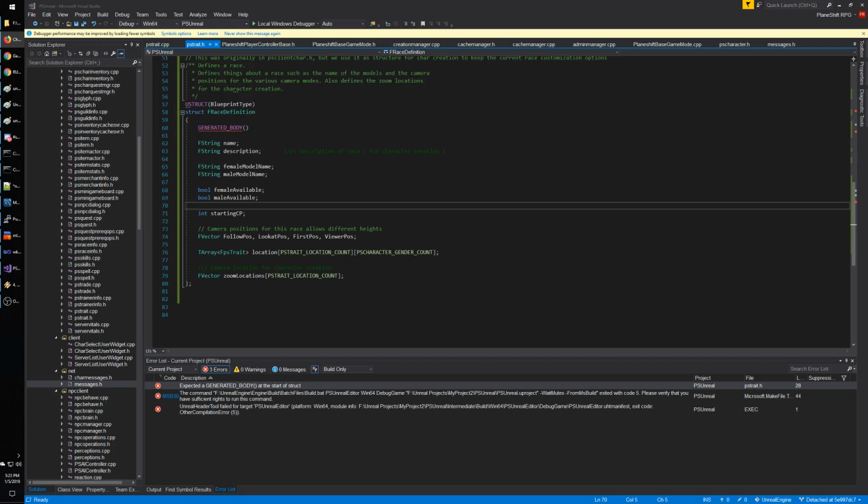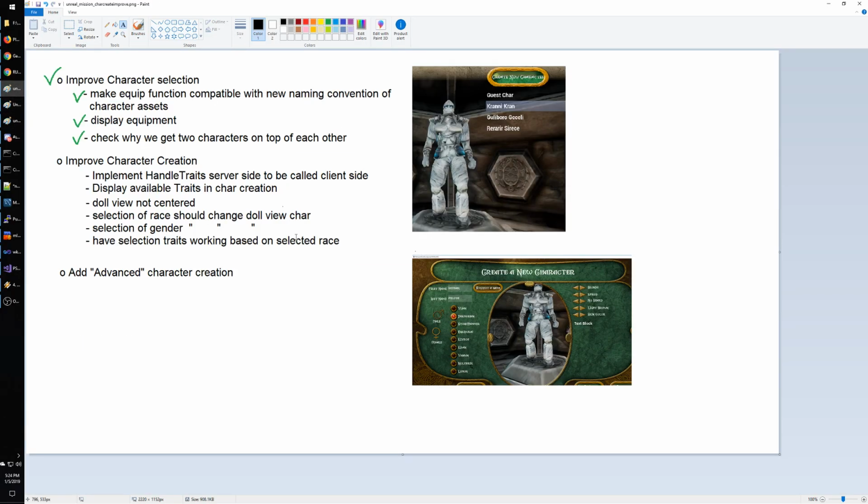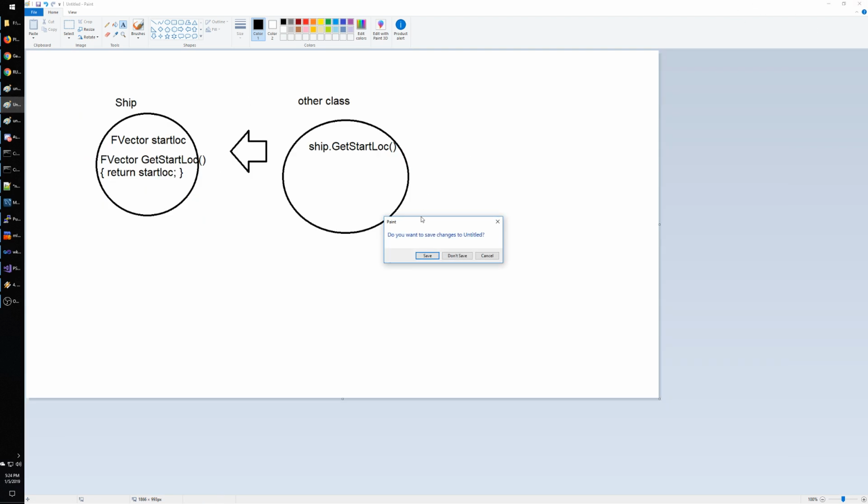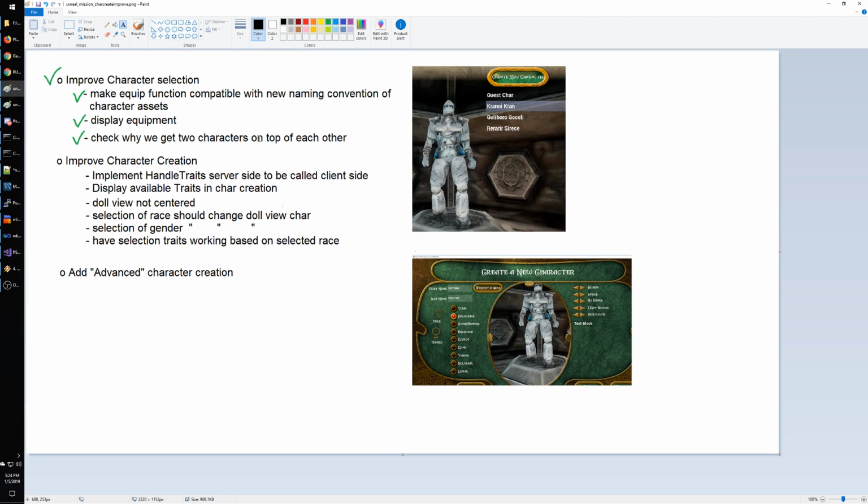So just to remind you what we are doing, we are actually working on the improvement of the character creation, and let me close this one, which was another thing. Okay, so we are working on the improvement of the character creation screen. We did some improvement on the character selection yesterday and the previous days, and now we are doing the one for the character creation. Basically today the character creation is very minimal and simple, so it's not really doing what the old game was doing, which is a pity, and so we want to expand it and improve it. The first thing we want to do is to be sure that the server is sending out the traits,